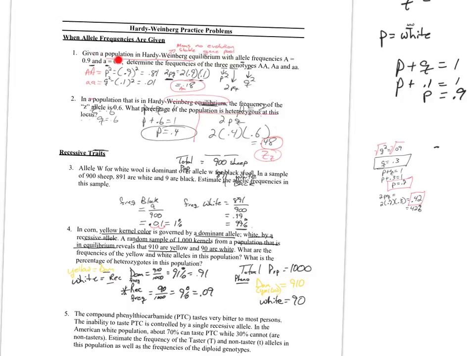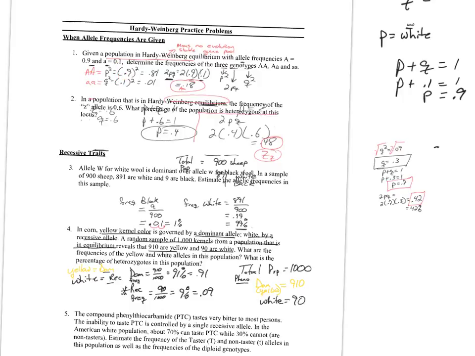So it says, given a population in Hardy-Weinberg, that means that there's no evolution. The gene pool is stable. With an allele frequency of big A of 0.9 and little a of 0.1, determine the frequencies of the three genotypes: big A big A, big A little a, little a little a. Well, if you know big A is 0.9,